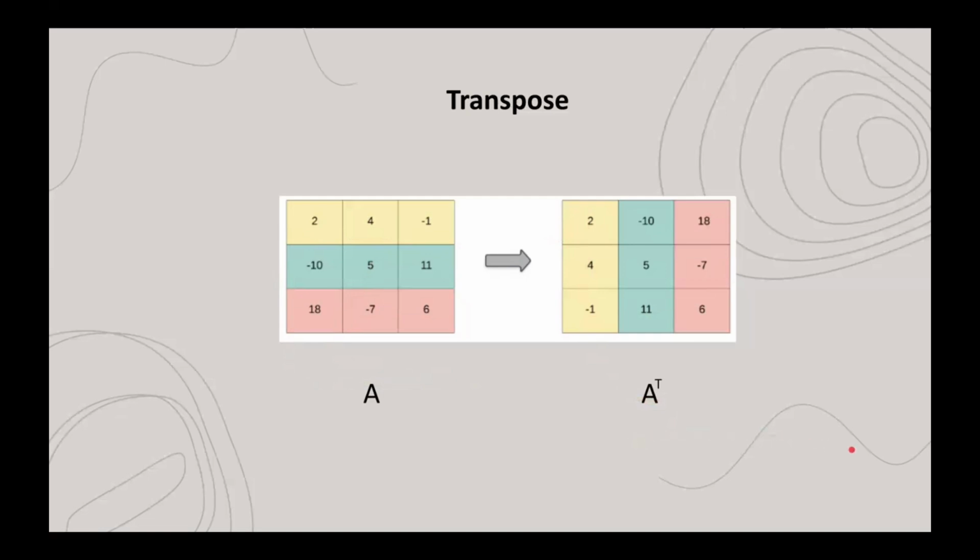Transposes are critical in defining symmetric matrices, where a matrix equals its own transpose, and orthogonal matrices, where the transpose is equal to the inverse. In data science and machine learning, transposes are often used to adjust the orientation of data, making it easier to apply certain operations or algorithms.